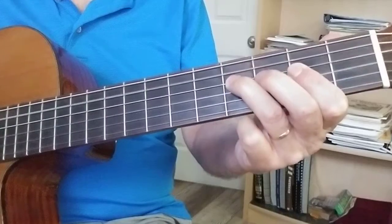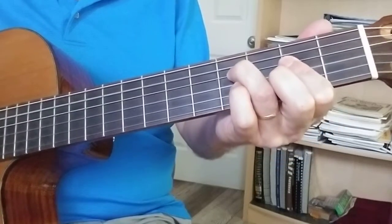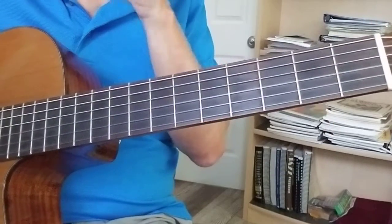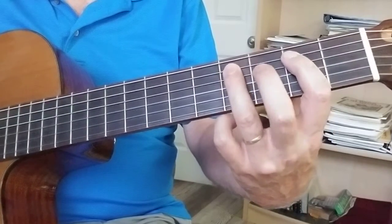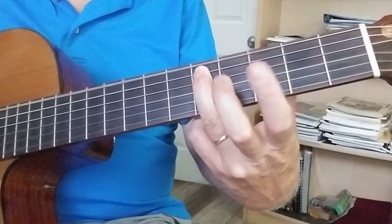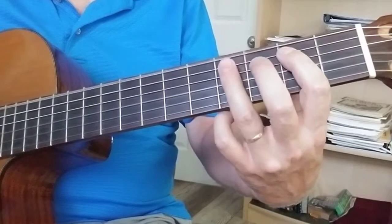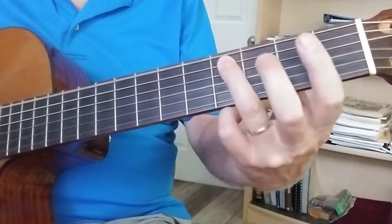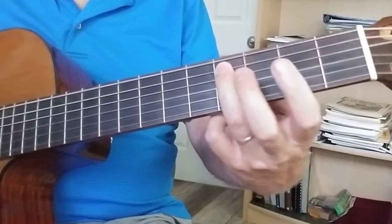2, 3, 4, 1, 2, 3, 4, and 1. Right? Our other variation is just to do the rock and roll idea, but we're gonna add our 5th, 6th, flat 7 note, 6th, and 1. So that becomes 1, 2, 3, 4, 1, 2, 3, 4, 2, 3, 4, 1, 2, 3,